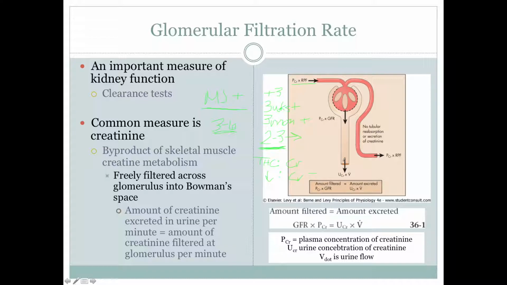Not only is it a nice measure for getting the actual rate of filtration, it's also a really stable baseline so that you can measure the concentration of exogenous substances in the urine as well, because we know creatinine should be standard. So that's my fun fact about THC versus creatinine, and I hope you learned something about